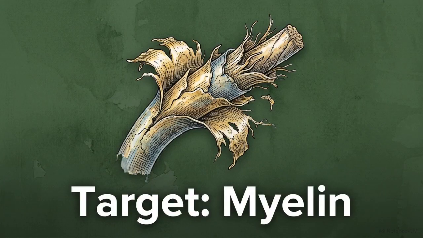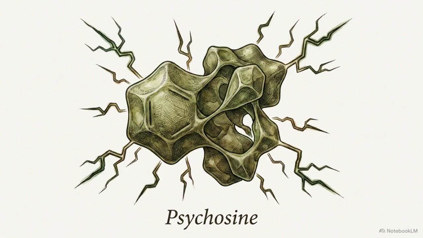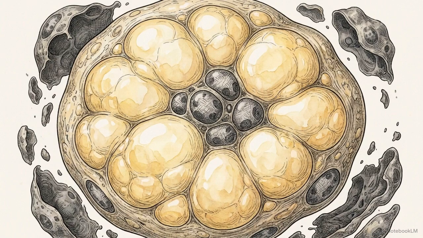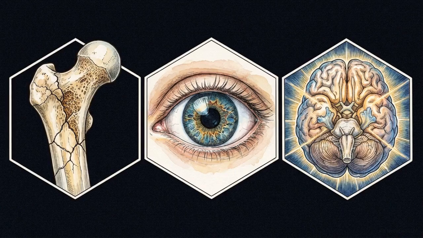Krabbe disease also attacks myelin due to a missing enzyme, galactocerebrosidase. However, the true culprit is a toxic byproduct called psychosine building up alongside. Psychosine is directly toxic to the oligodendrocytes that make central myelin. As they die, macrophages rush in, swelling with undigested lipid to form large, multinucleated globoid cells. The pattern holds. Whether a storage disease destroys bone architecture, visual acuity, or nervous tissue is strictly dictated by the